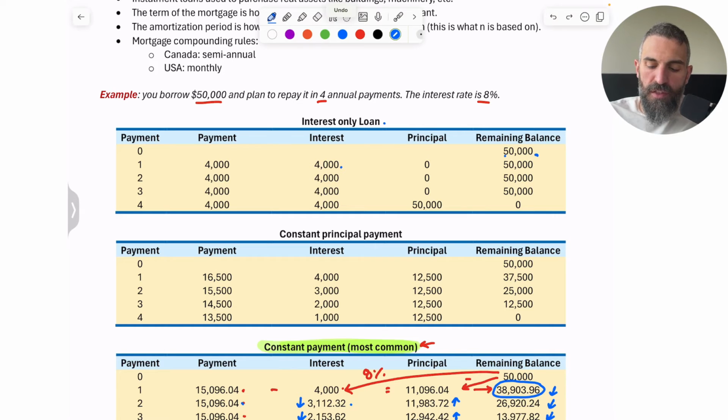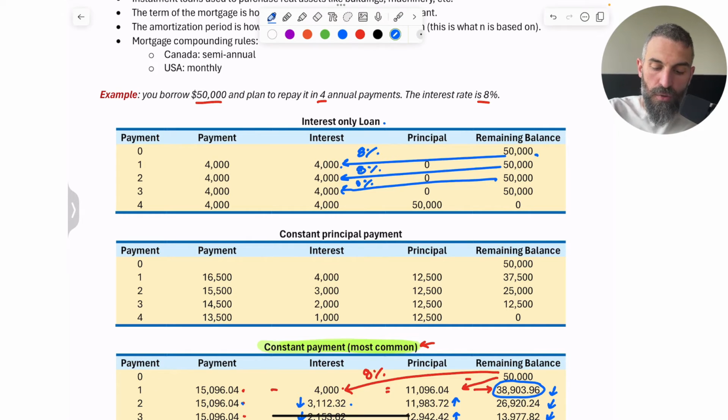So 50,000 times 8% is 4,000. And that's all you have to pay. And since that's all you have to pay, you're not actually reducing your debt. So next year, you still owe 50,000, so your interest is still 4,000. And that basically will continue. And at the end, on the final payment, you're going to pay